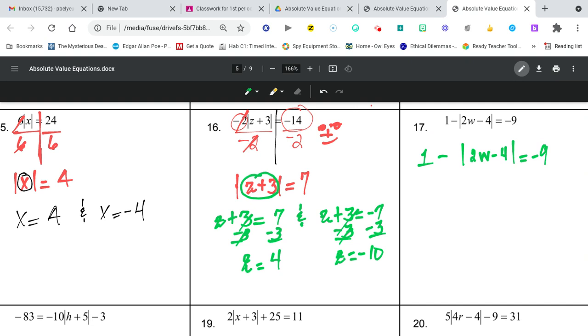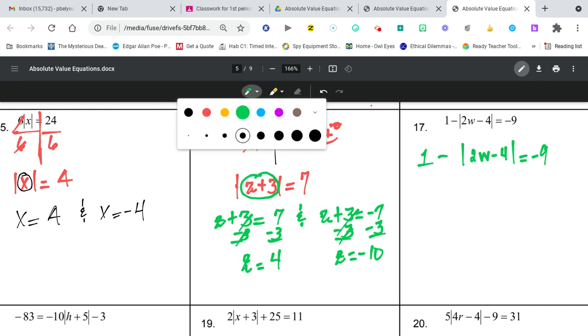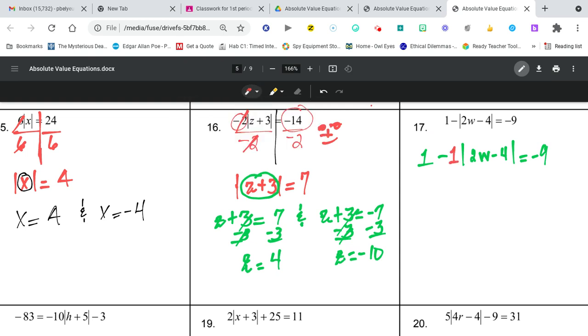Okay. Actually, I have more than the number 1 on the side with the absolute value. I'm going to go ahead and indicate to you that when you have minus absolute value and there's nothing there, put an imaginary negative 1. So I have to get rid of positive 1, and I have to get rid of negative 1. The question becomes, which one do you get rid of first? Well, if you had this,